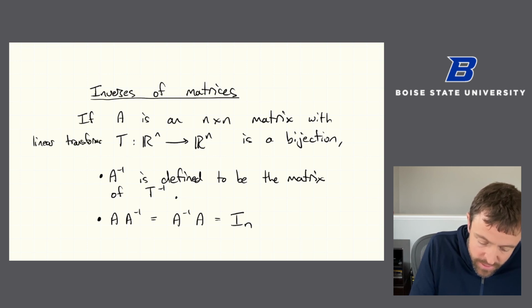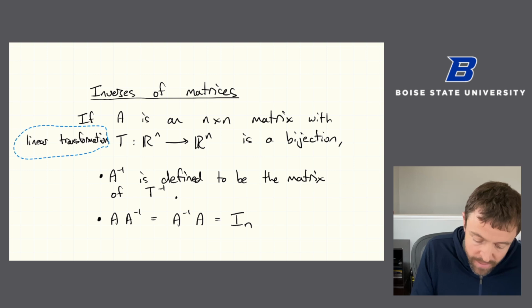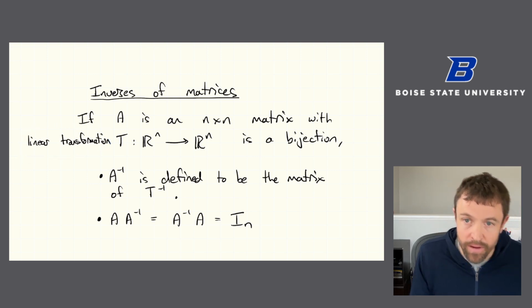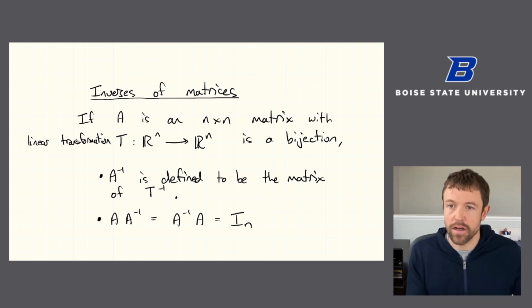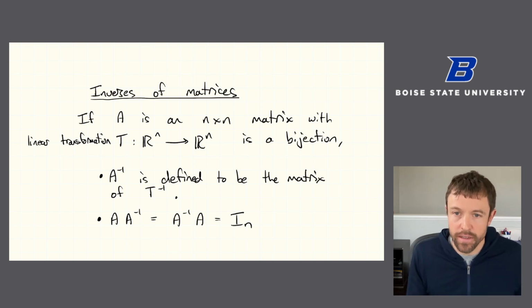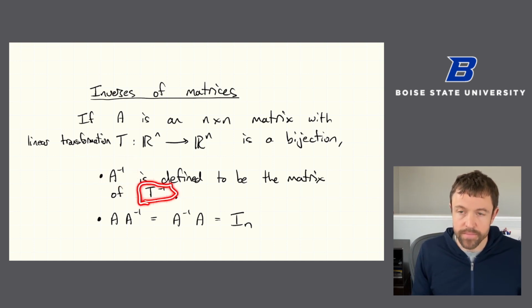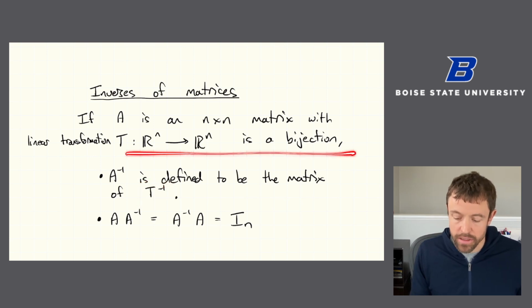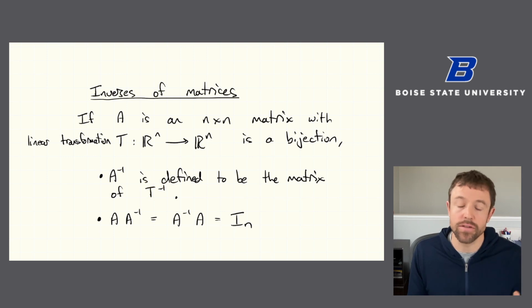So T is the linear transformation corresponding to our matrix A. It's multiplication by A. So if we have an n by n matrix whose linear transformation from Rn to Rn gives us a bijection, then we can define the inverse of our matrix A to be the matrix of T inverse. T is a bijection. It has an inverse, and it has an inverse that's a linear transformation,